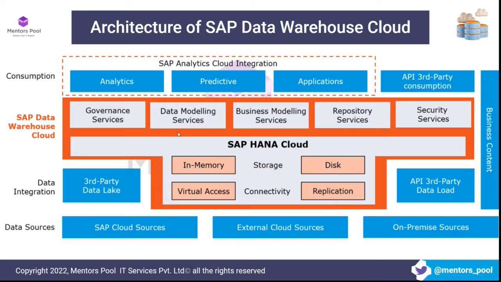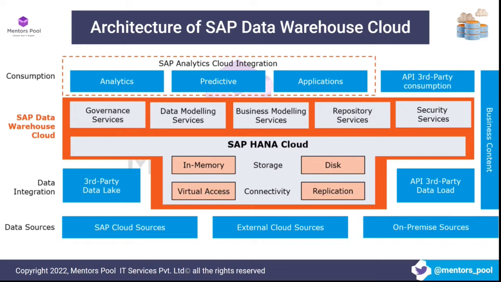So now coming to the data warehouse cloud, everything is in a service architecture. So you will have all the administrative services like security services and repository services, and then you will also have modeling services. So there are two types of modeling in data warehouse cloud, right? One is called data modeling and another is called business modeling. So now why do we have two types of modeling? In a typical warehousing solution, there will be just modeling, transformations, integration, loading, etc.